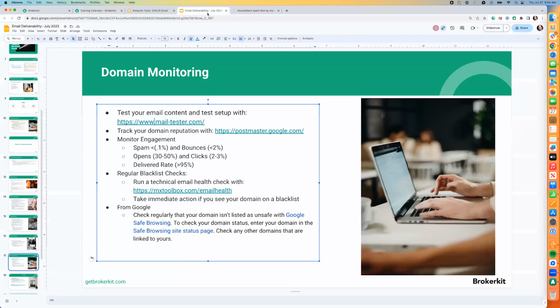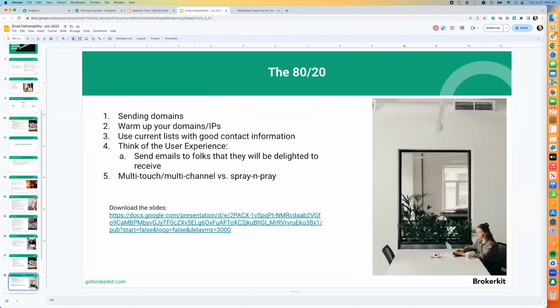It'll score it based on the technical things. Do you have the technical stuff set up? But it will score the content, the spamminess of the email. It'll tell you like these words in it are spammy. You have too much HTML. You need more text. So really cool tool because it kind of covers content and technical setup. Let's see. So then